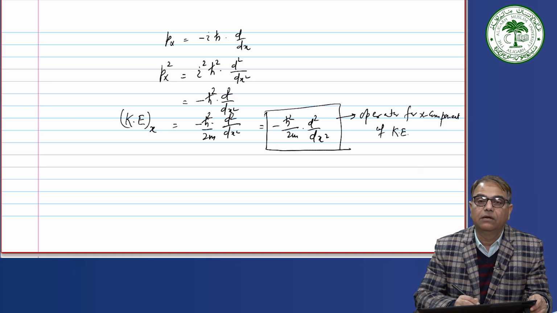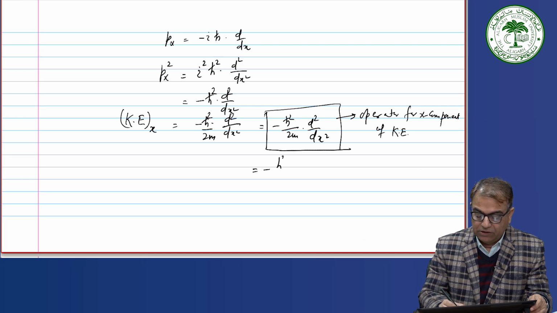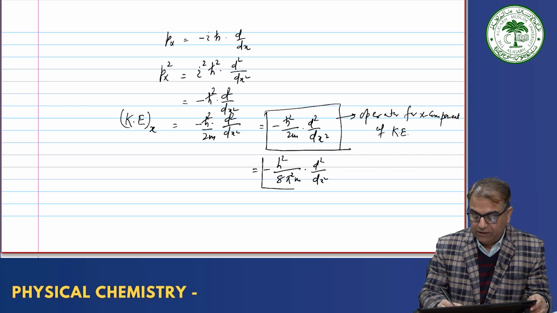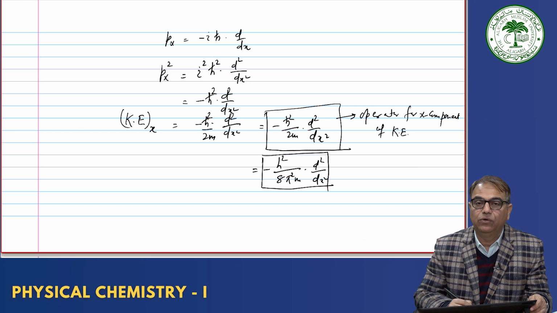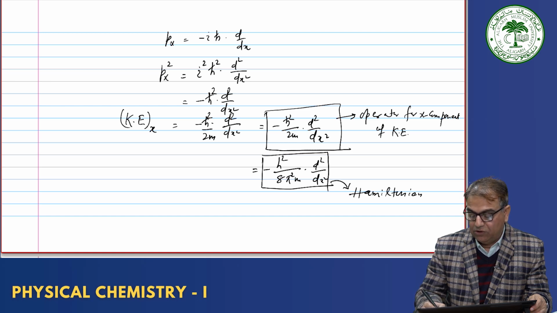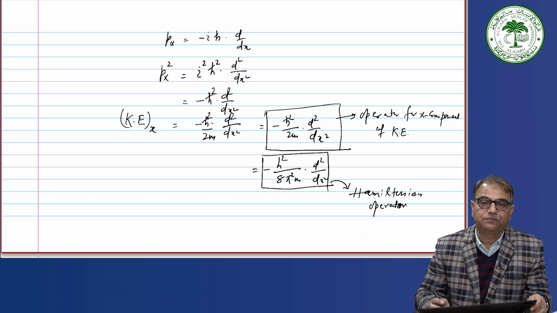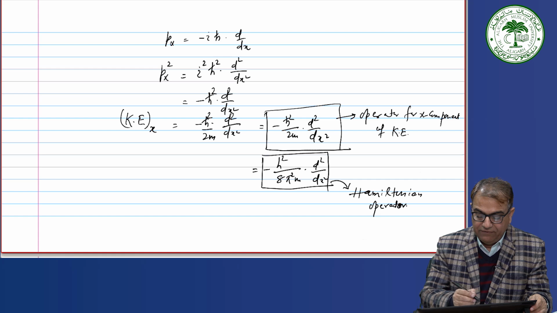We can say, okay, or if you open it up, it will be minus h square divided by 8 pi square m d square by dx square, and this you have already done while doing the derivation of Schrodinger wave equation. This is called Hamiltonian operator. Okay. So we got the operator for